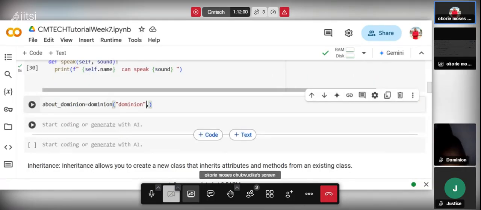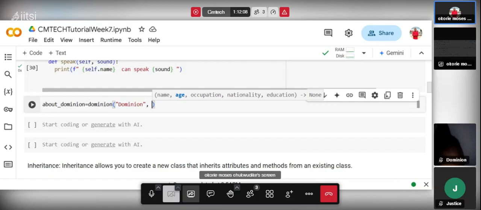We use a string so that you know it's a name. Then pass in your age, let's say 27, comma your occupation, data analyst. We are going to pass the occupation data analyst, and we are going to see some of the things